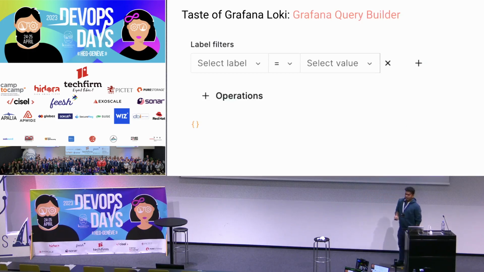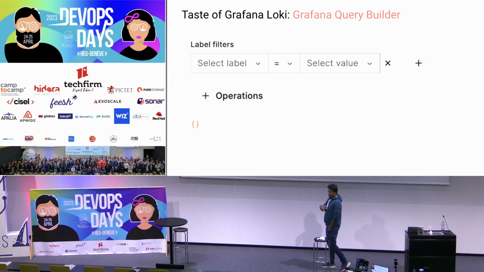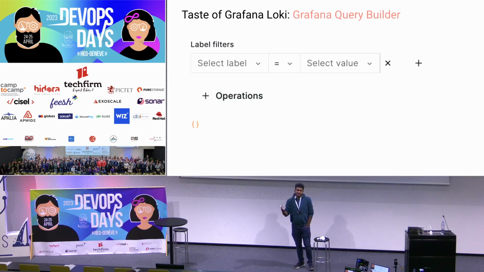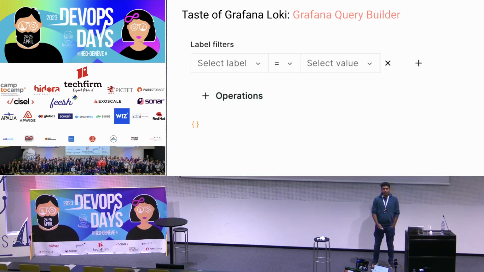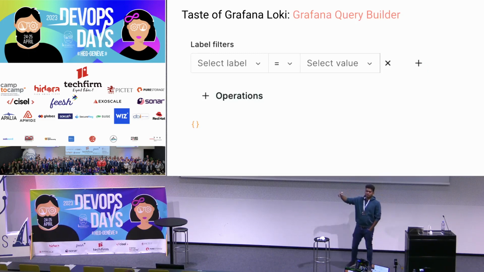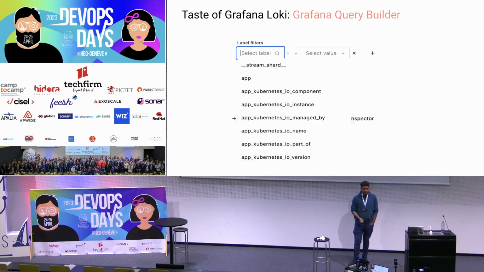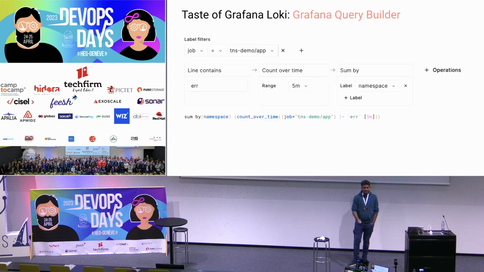So I know people who are coming to Loki from different backgrounds, we can't expect everyone to learn LogQL, at least not easily, right? So we also have this thing called the query builder. Instead of writing the query and remembering the syntax and everything, you can also build the query via UI. So this is the query builder in Grafana. What this means is you just go there and click the drop-down button. It will show you all the possible labels you can choose. And as you keep building,